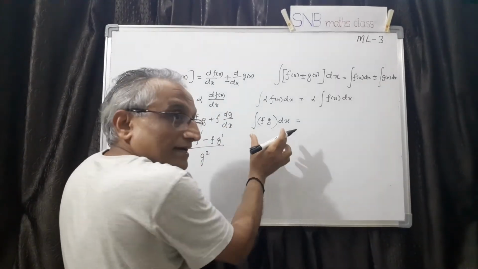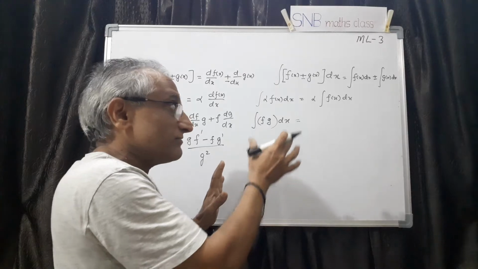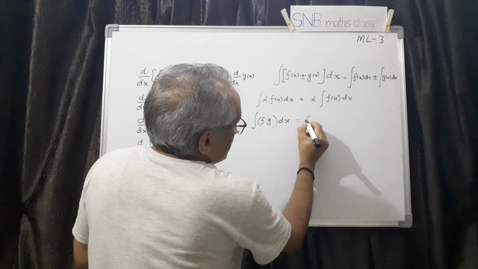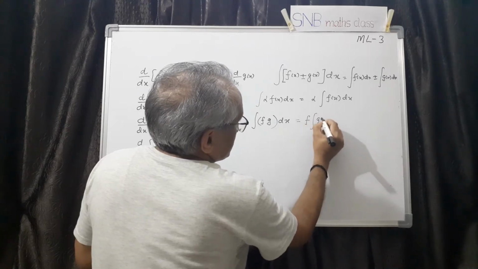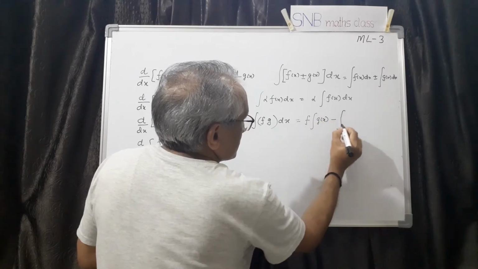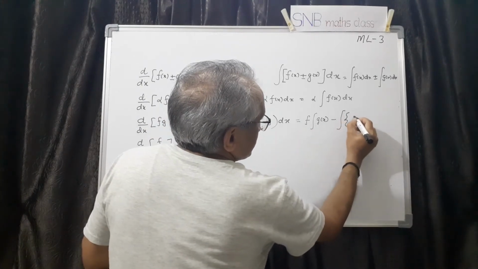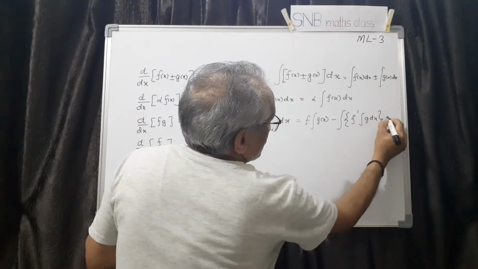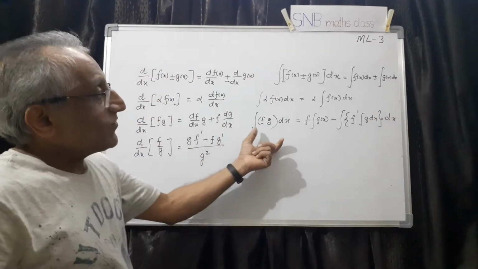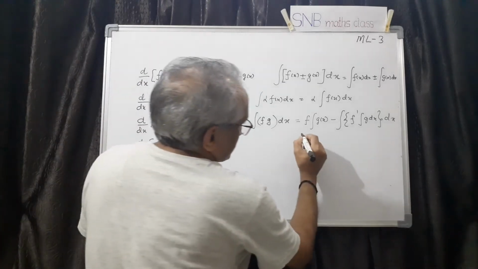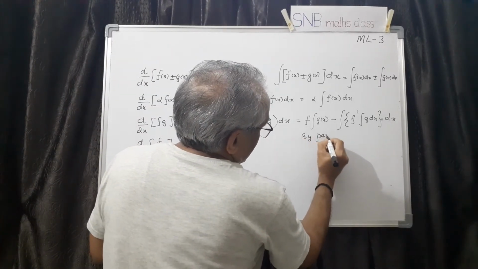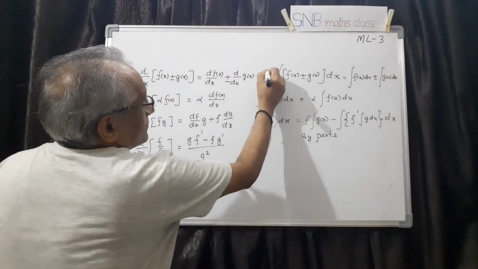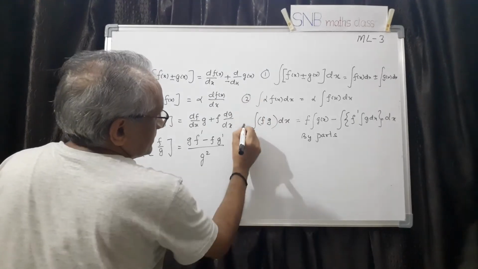So the rule is this, and all these things have proofs, and in one of the sessions I will try to give you the proof also. In this rule, you keep f as it is, integration of g of x, minus integration of f dash, you put a bracket here, f dash, then integration of g dx, then whole integration. This is the rule. This is called integration by parts. We don't call it the product rule, we call it by parts. So this is the first rule, this is the second rule, this is the third one.